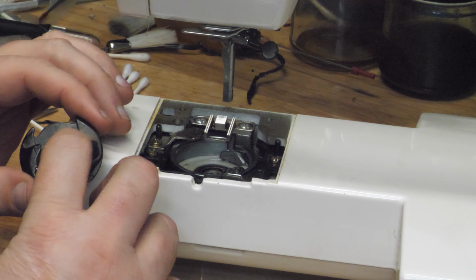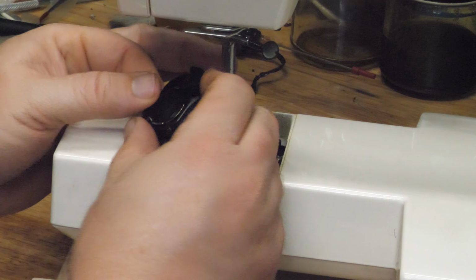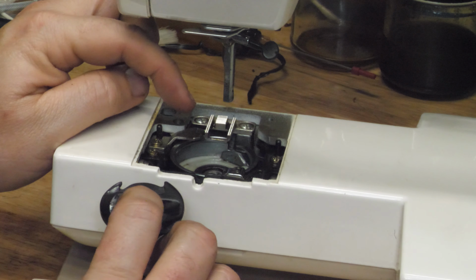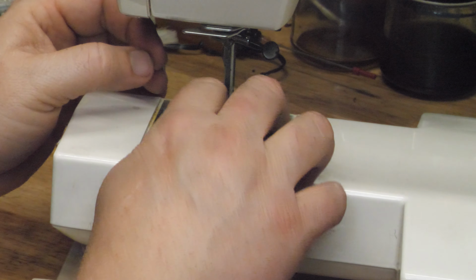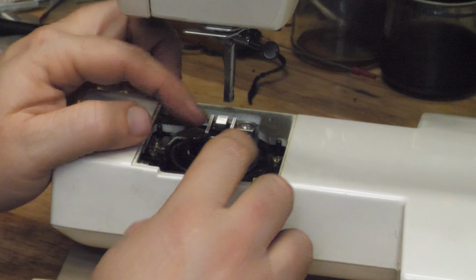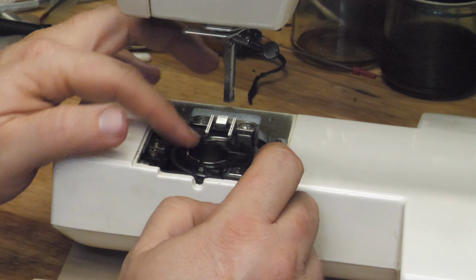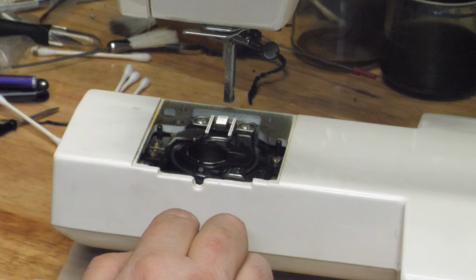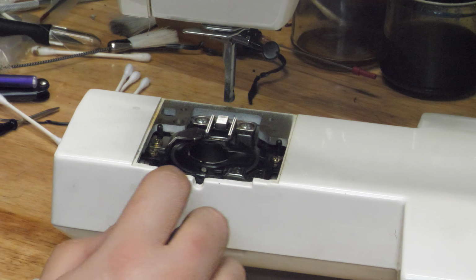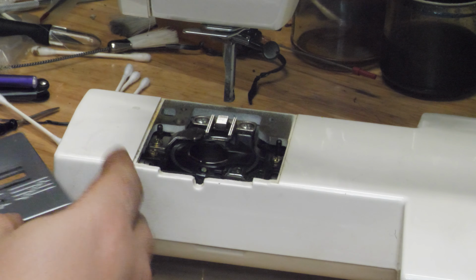This machine has a class 15 bobbin case, top load. There's a bracket here with an arrow and an arrow on the bobbin case. Just slip it in, match the arrows, and then jiggle it until it sets into the rim on the edge of the hook there. And once it is in place,